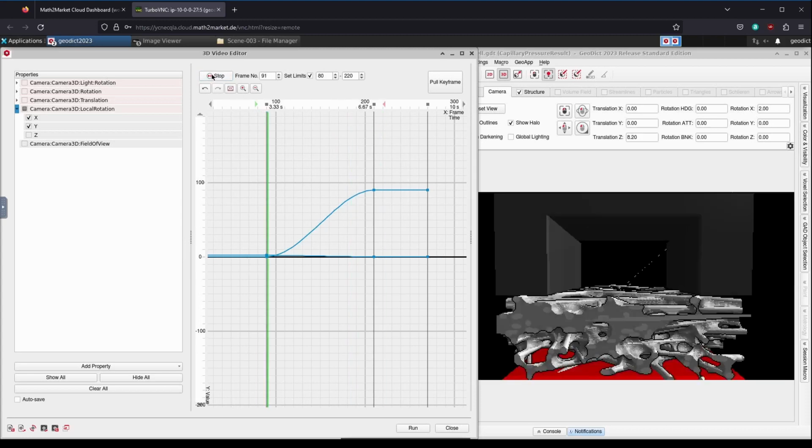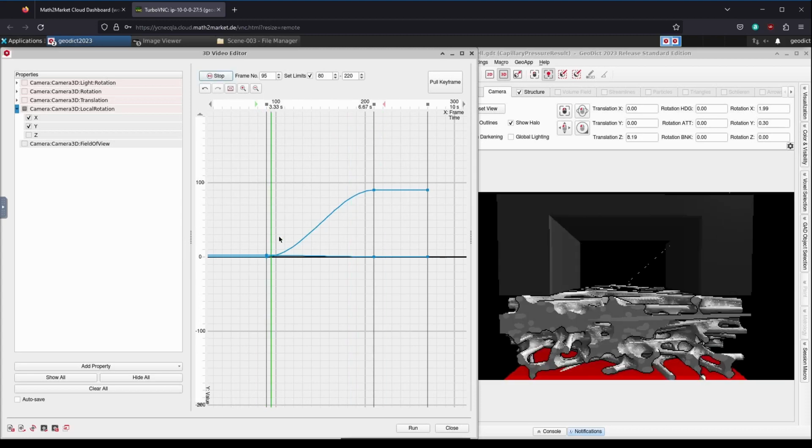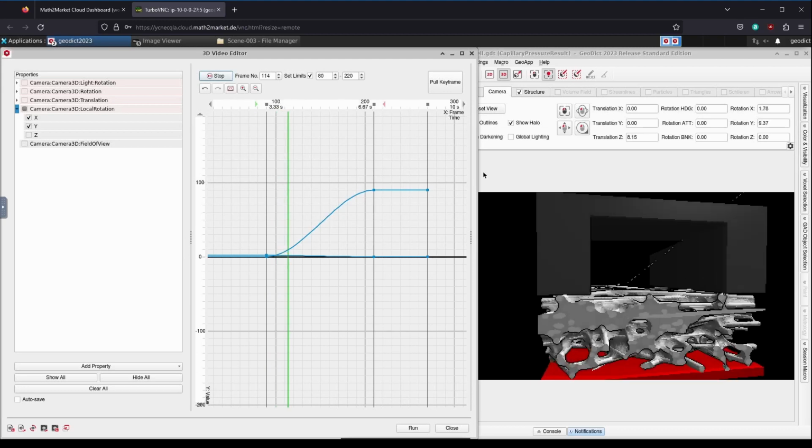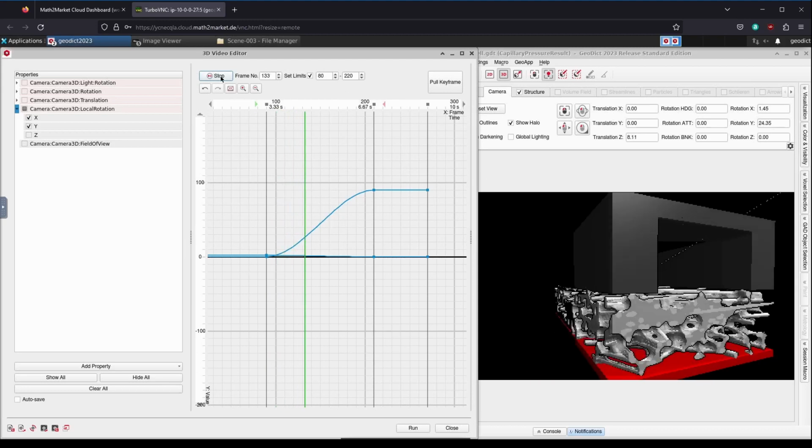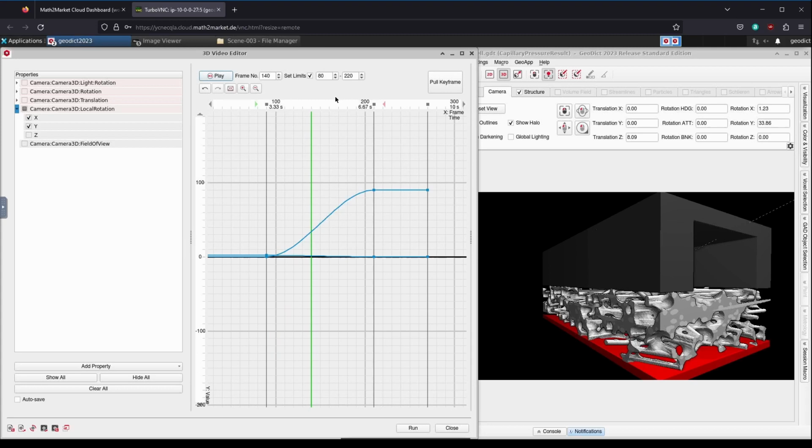One reason why the movement looks so unnatural and choppy is that the tracking shot ends and then the rotation happens. But the movement should flow smoothly into each other. A simple solution to this is to overlap the control points. We display the z-axis of the property, translation, and select it.